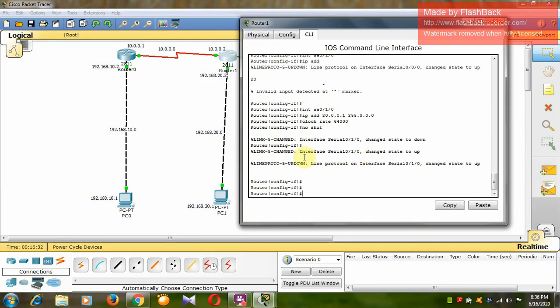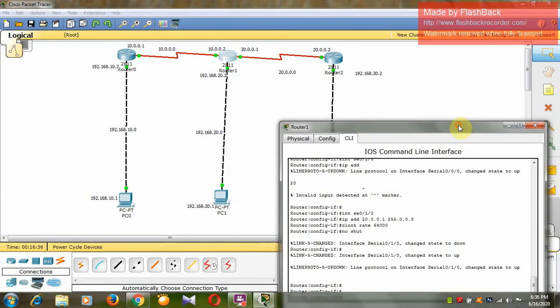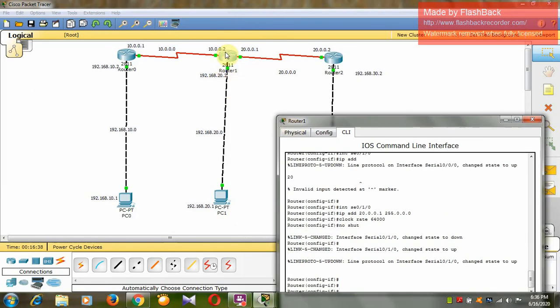So now what is this router 1 knowing about? This network, that is 192.168.20.0 network, because it is directly connected, and it is knowing about 10.0.0.0 network because it is also directly connected, and 20.0.0.0 network because it is also directly connected.